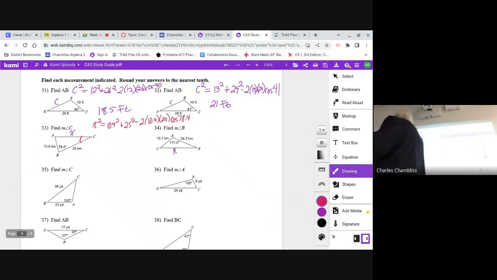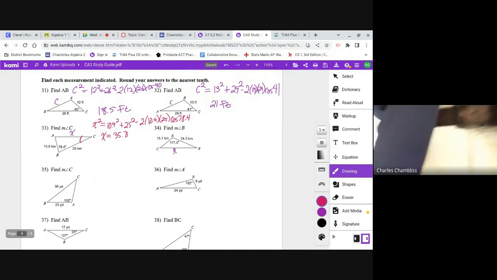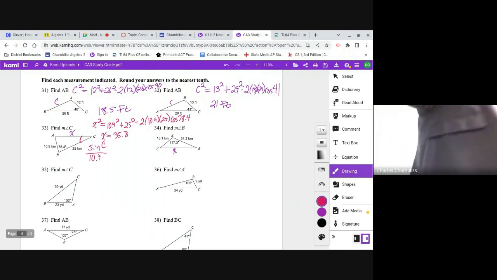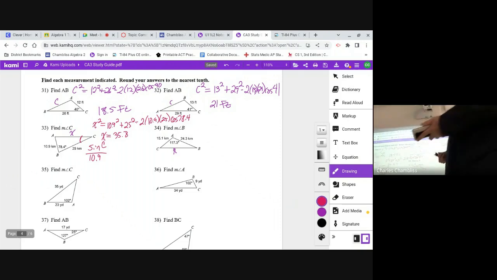Okay, so I get x is 35.8. And now I need to use the law of sines. I'm going to say sine C over 10.9. Remember, when it's law of sines, it's the angle opposite the segment. So sine C over 10.9